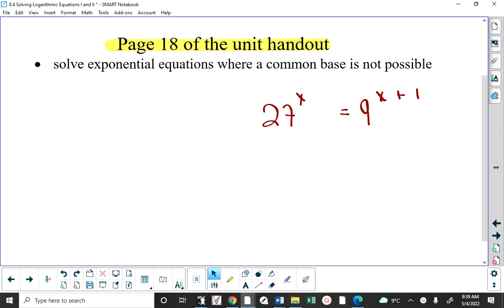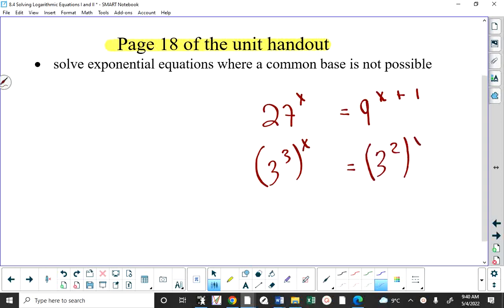So if I gave you that equation, which is from a previous lesson in chapter 7, I believe, you can write the 27 as 3 cubed. This is to the x. You can write the 9 as 3 squared. This is to the x plus 1. So then I can multiply my exponents, and then I can set the two exponents equal to each other. You with me? Okay. So then I would end up writing 3x